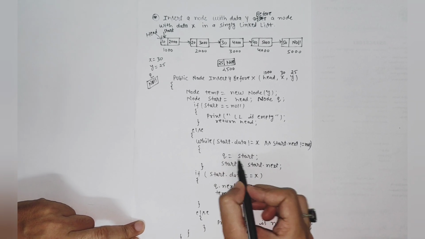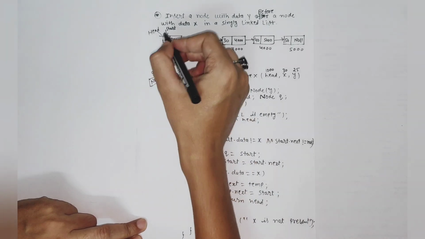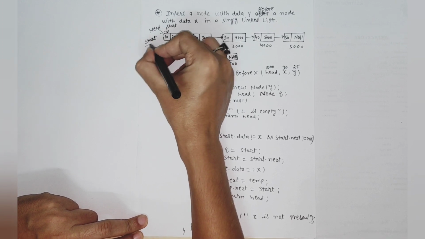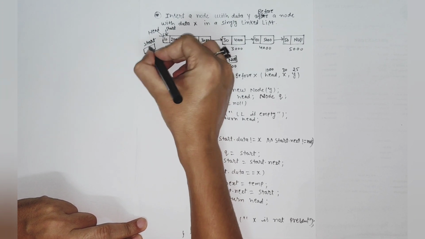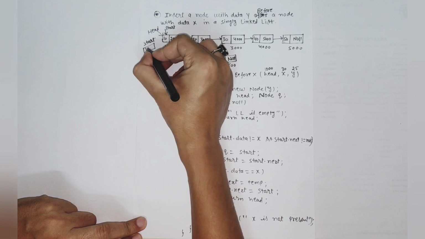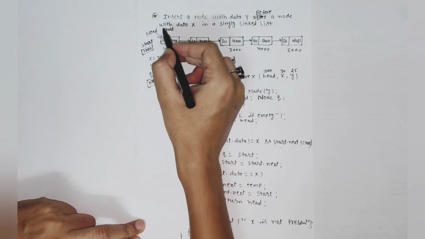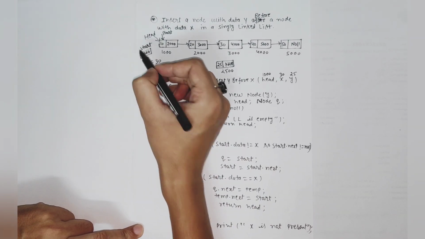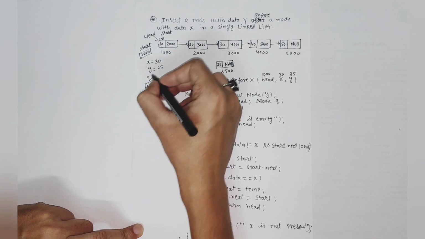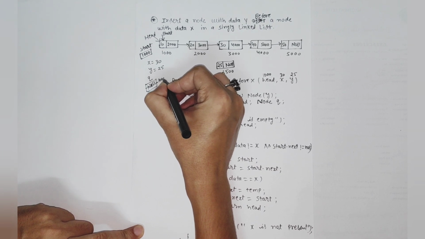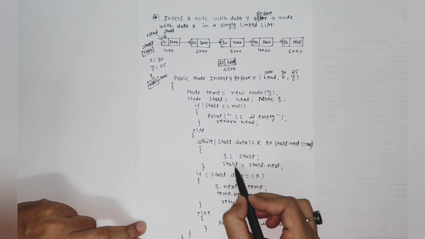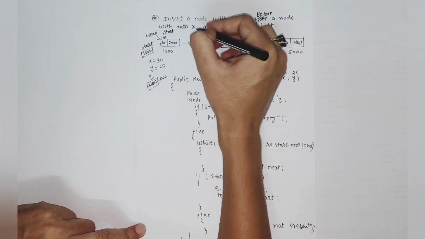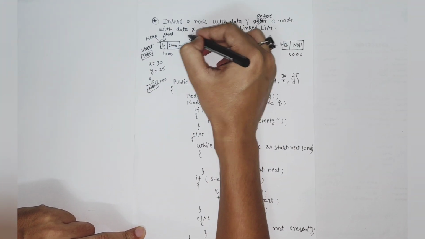So first we will assign the start value to q. So start, I will make here one node start for simplicity. It contains 1000. So we will assign the start value to q. So start is 1000. So in place of null, 1000 will be present. After that, I will increment start to start dot next. So start will come here.